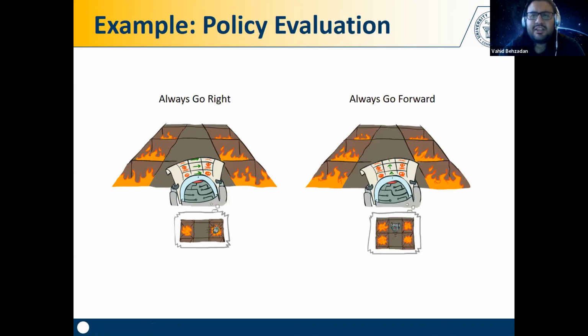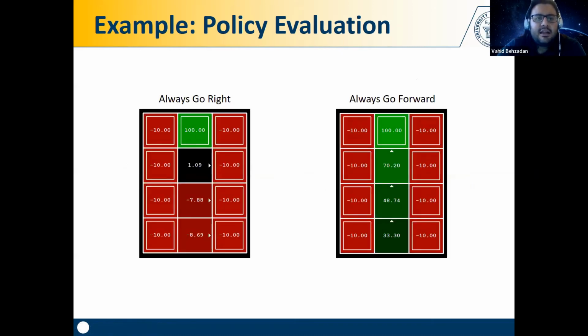Probably the one that keeps the agent alive longer. Probably the one that keeps the agent out of the pit of fire longer. So I would say this policy is preferred to this policy. Always go forward is a better policy than always go right. Now,